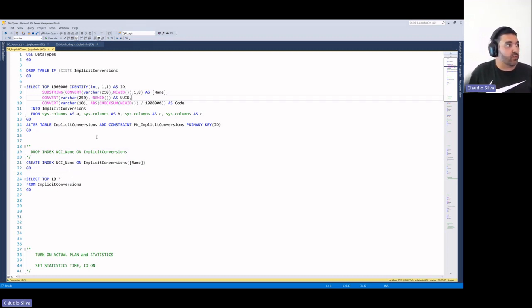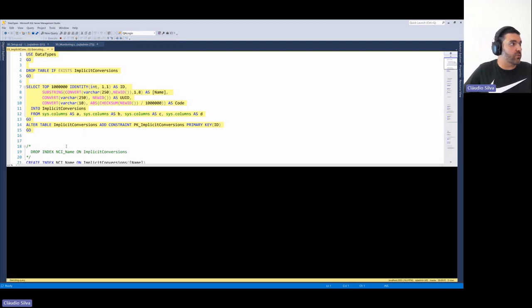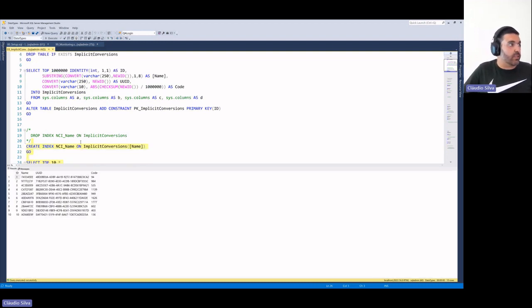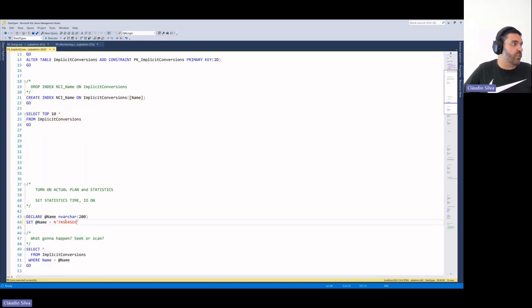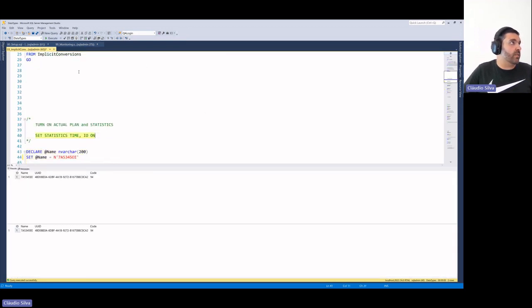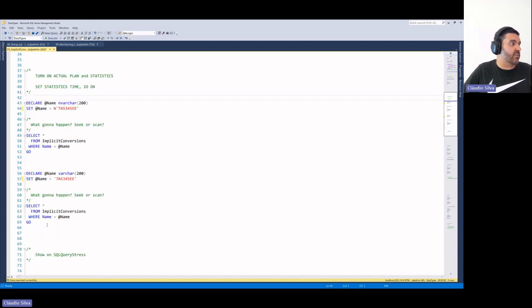Now let's bring also some other tables into play and check how the right or wrong data types can hurt us in terms of performance in some situations. I'm creating here a table called implicit transactions and inserting 1 million records. I will create an index. So I already have the primary key, but I'm also creating a non-clustered index on the column name. Now I will pick one of these results to put it here in my queries, and I will run these queries after I turn on my execution plan and the statistics time IO.